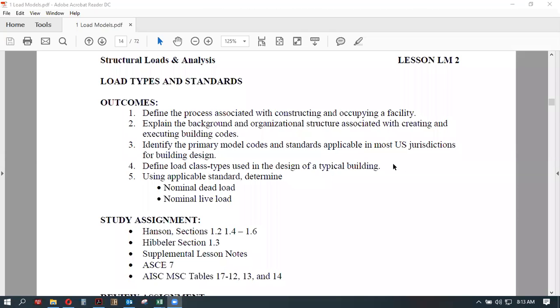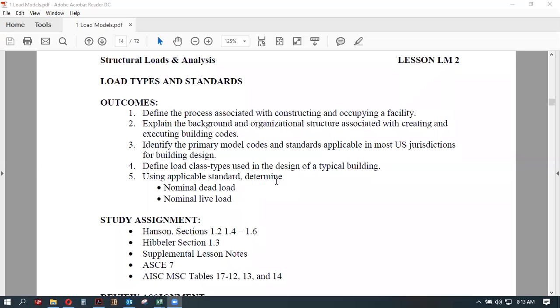All right, so we're here in the second lesson of our load module. We're going to focus a lot initially on some process-related things and some background kinds of information. When you're taking 4900 next fall or next spring, one of the two, that's the capstone design sequence, you're going to be really interested in these kinds of things that you see here because you're going to have to answer